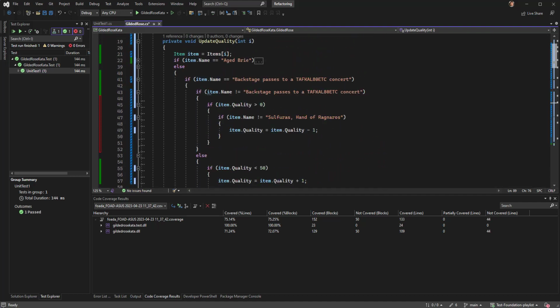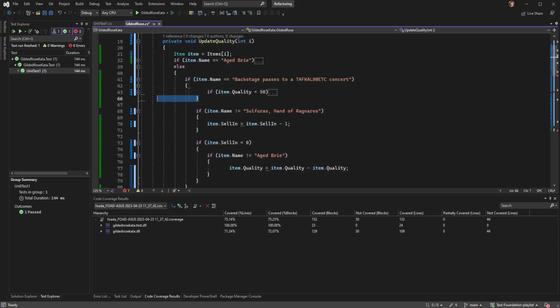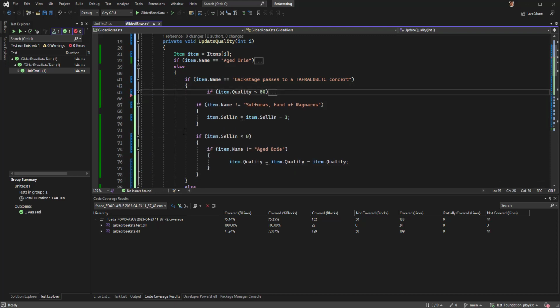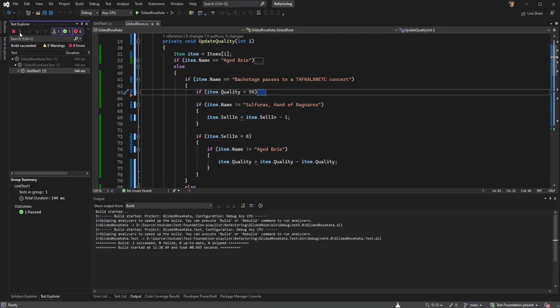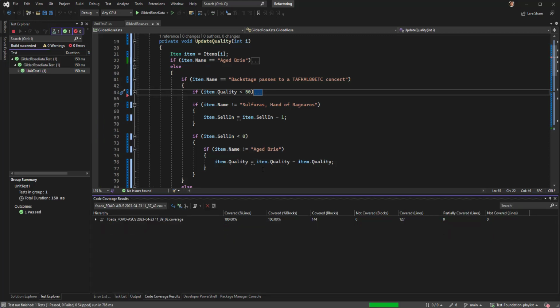And let's go upper. This if statement is not reached because we are telling if name equals something and then not equal something, it is logical. We don't need this if, and when we don't need the if, we don't need the else. Let's run the test again. We are running the test to be sure that we are not messing with the existing functionality of the function. And then we run the code analyzer to be sure that we get rid of all the unnecessary code